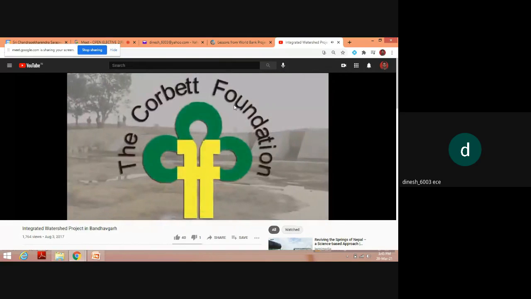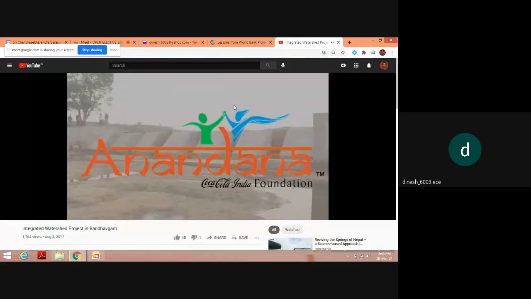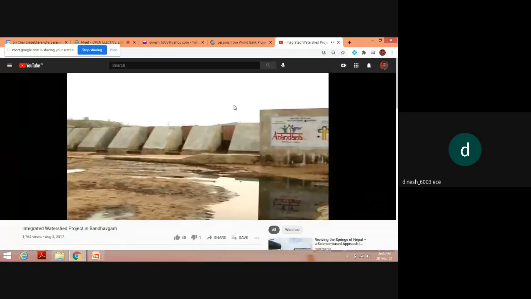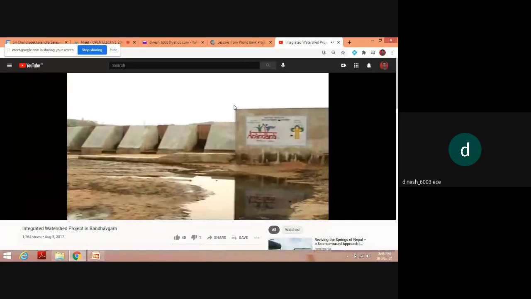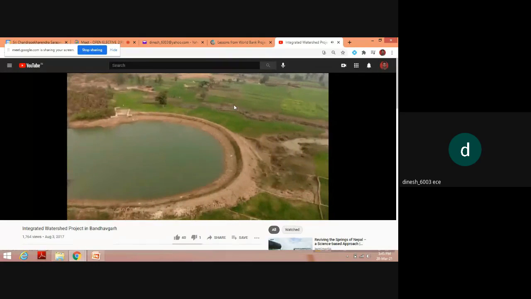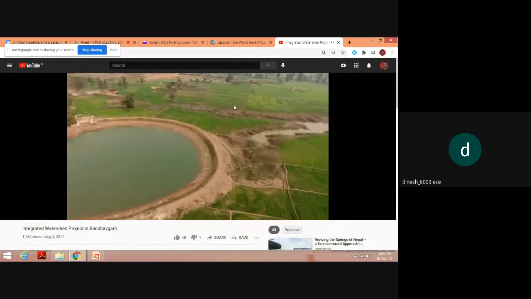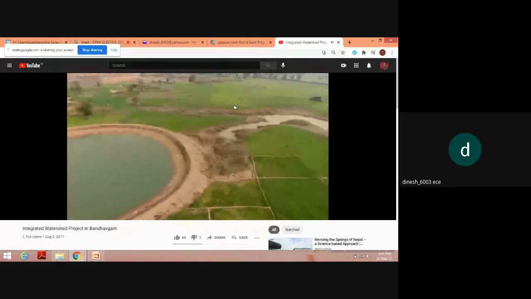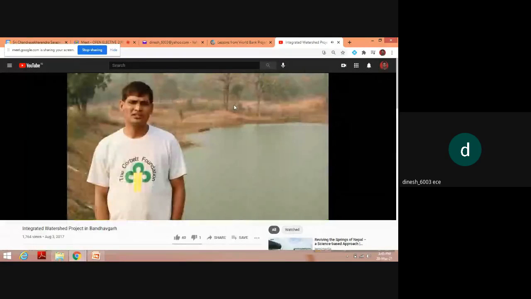So the Corbett Foundation, with the kind support of the Coca-Cola India Foundation, started this watershed project in this Manpur block area. And under this program, we are providing irrigation facilities for the 5 villages. And under the project, we are constructing 11 structures. These structures will collect the rainwater and provide water for the local people around the year, so they can be more involved in agriculture and have less pressure on the forests. For this, on behalf of the Corbett Foundation and the local people of this area, I thank the Coca-Cola India